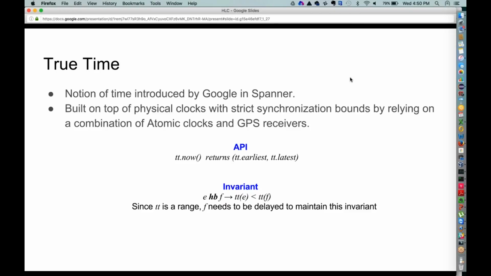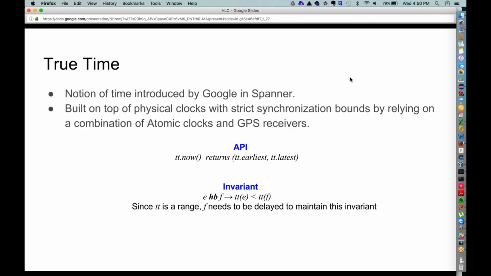So again, very briefly, TrueTime is basically an API. It has a method called give me the current value. Typically, we are used to getting back a single value, but what they are saying is that there is always a notion of uncertainty with that value. What we can guarantee is that the value you get will have definite lower and higher bounds, so it is guaranteed that the real time is always within those bounds.